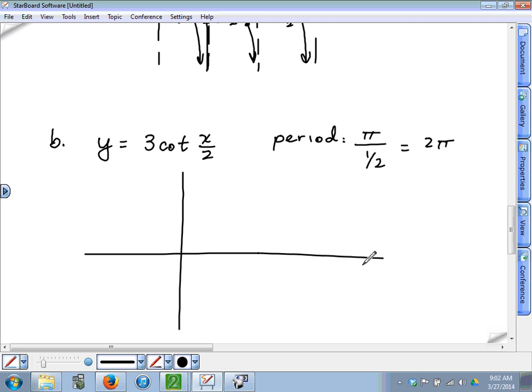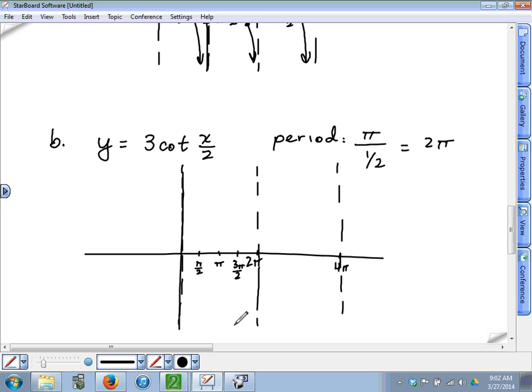Where are the vertical asymptotes? There's still one at 0. But now, rather than going a distance of pi and putting an asymptote there, that's not where the cycle ends. Where does the cycle now end? 2 pi. So we go over to 2 pi. And we go over to 4 pi. There's another cycle that ends at 4 pi. I really only need you to do one cycle, but if you want to do 2, you can. Okay, so halfway between 0 and 2 pi would be pi. If you break that up, you're going to have pi halves